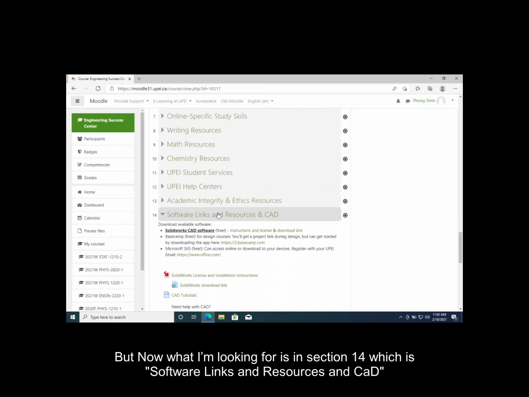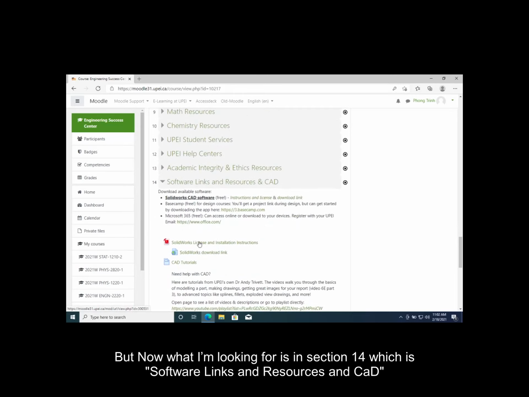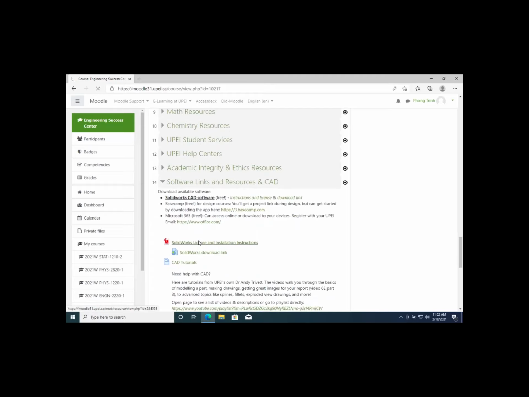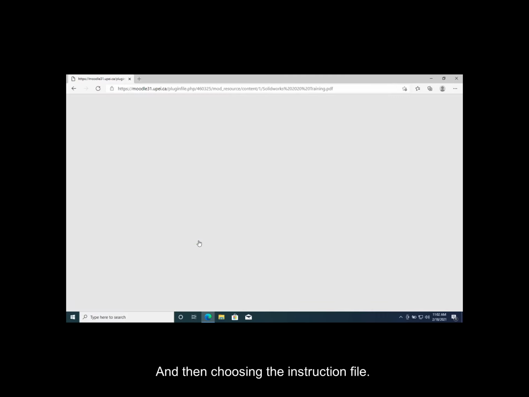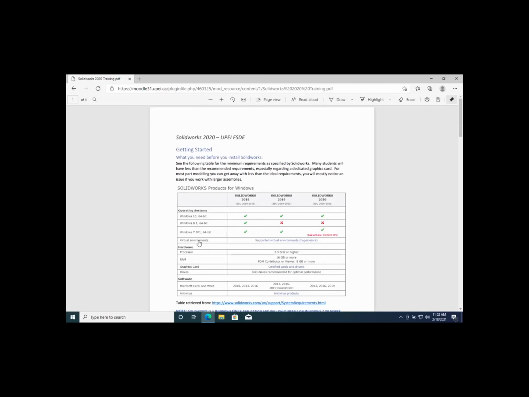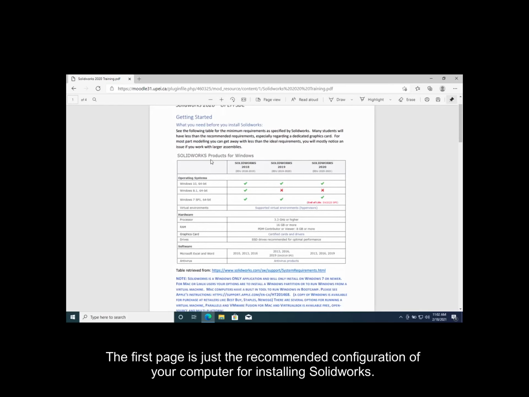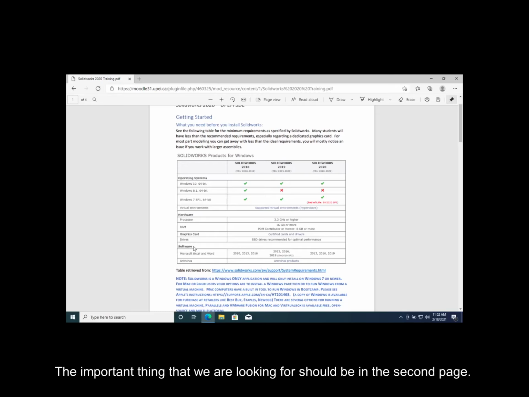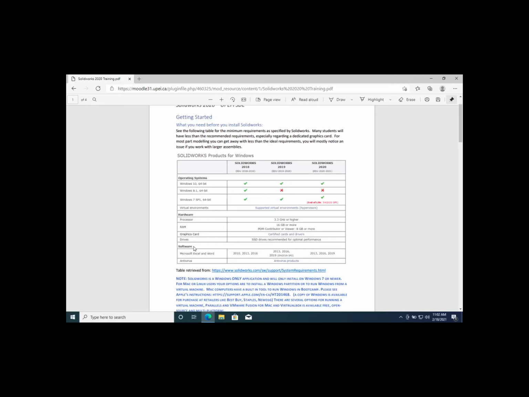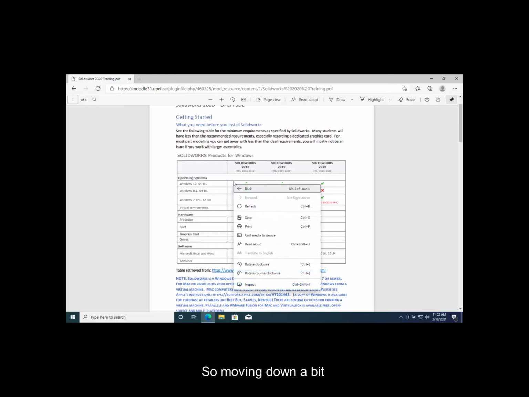But now what I'm looking for is in section 14, which is software links, resource, and cut, and then choosing the instruction file. The first page is just recommended configuration of your computer for installing SolidWorks. The important thing we are looking for should be in the second page. So moving down a bit,